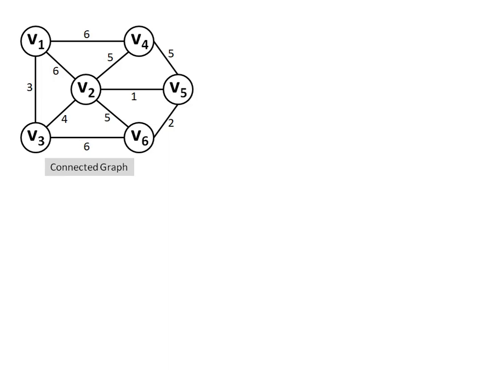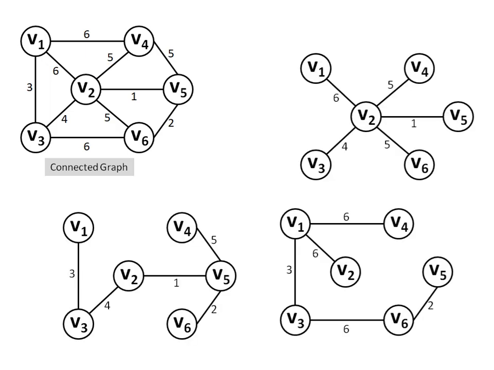So first we try to understand what we mean by spanning tree. Let's say we are provided with any connected undirected graph. By spanning tree we mean we have to construct a tree out of this graph, and by tree we mean it should be a connected acyclic graph. So given a graph we may have any number of spanning trees possible.